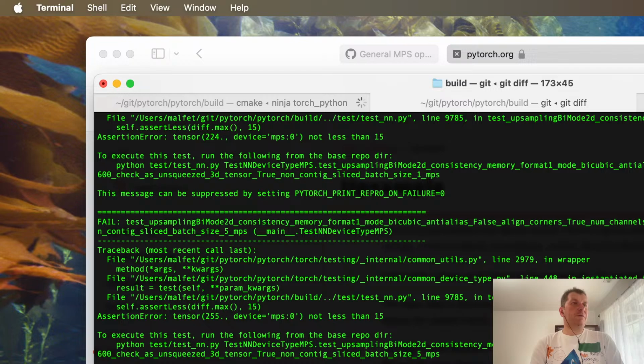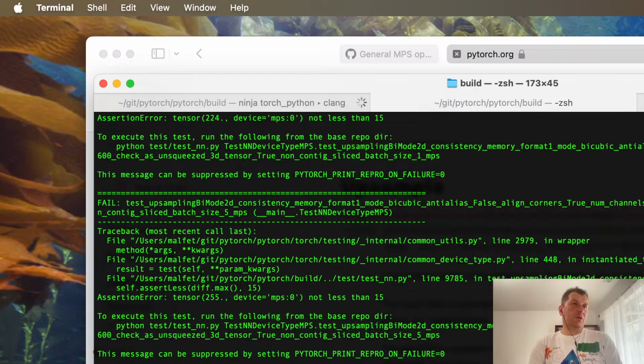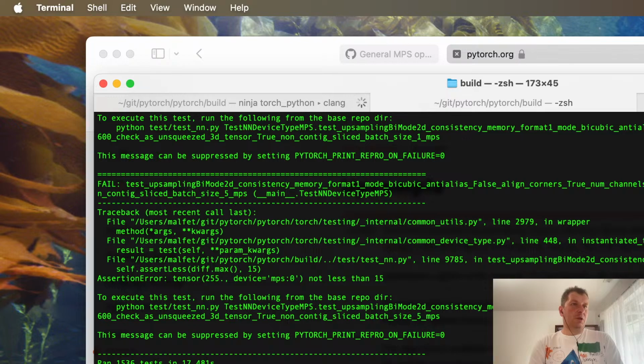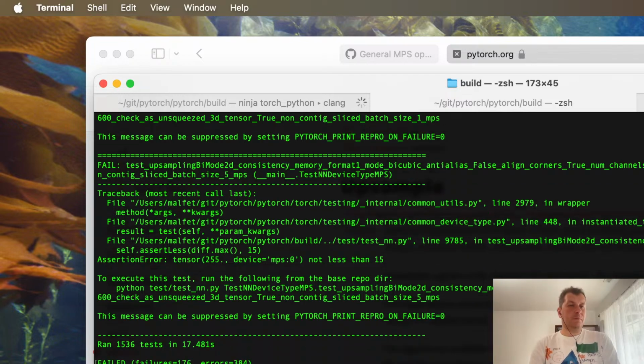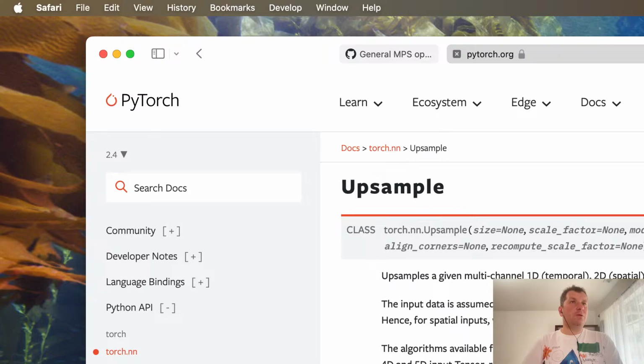So git diff, git branch, well, git checkout main, git checkout -b mps bicubic upsample 2D. Give it a little bit of time to compile, but in the meantime, let's try to look through the documentation